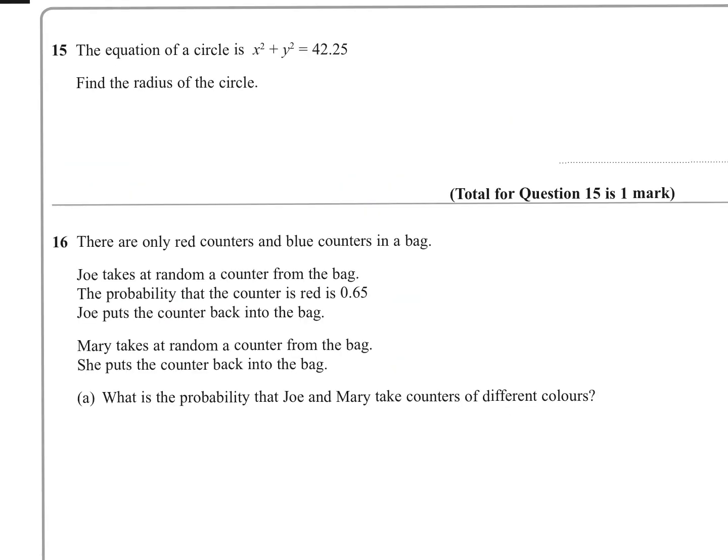Question 15. The equation of a circle is x squared plus y squared is 42.25. Find the radius of the circle. Well, the equation of a circle around the origin with radius r is x squared plus y squared is r squared. So all you have to do is say, well, r squared is 42.25. You just want to find the square root of that. So on your calculator, 42.25 to the power 0.5, or use your root sign, whichever,